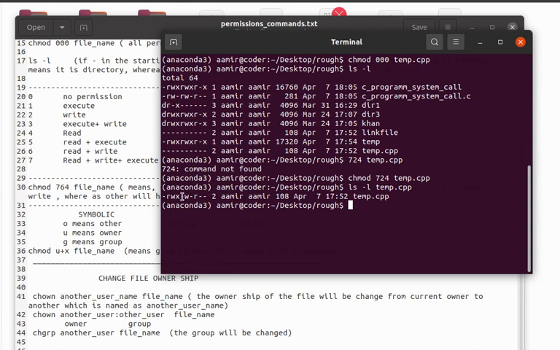Now the owner is complete. Now for groups, the read is missing, write permission is present, and execute is also missing. Now this is completed. Now this portion is for others. Now read permission is present, we can read, and write is missing and execute is missing. So that's how the digits work.